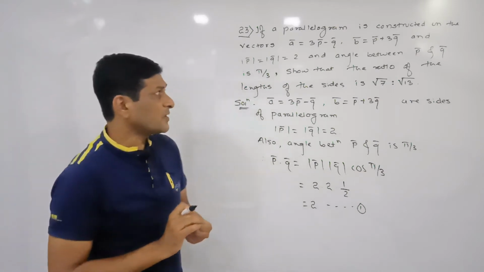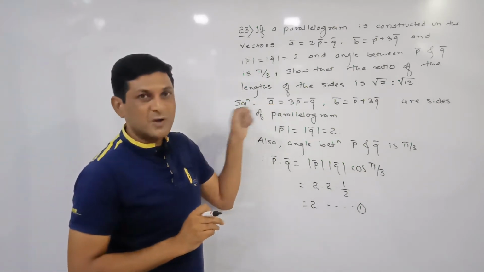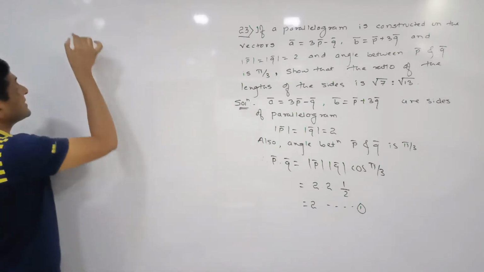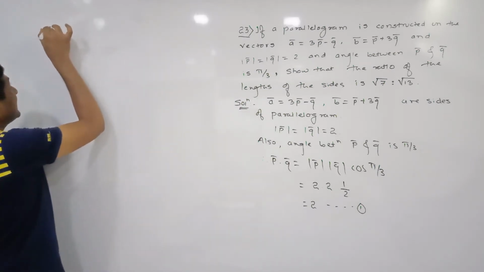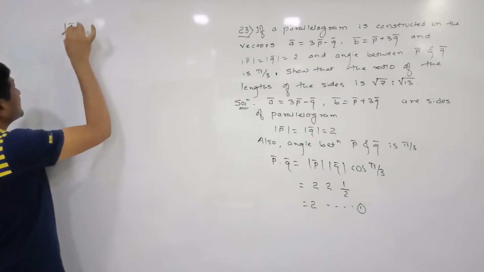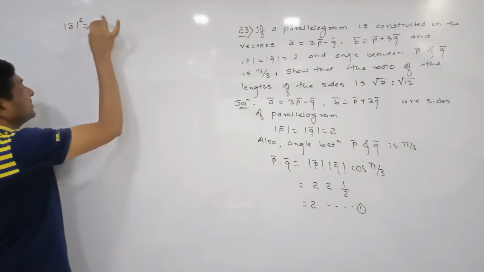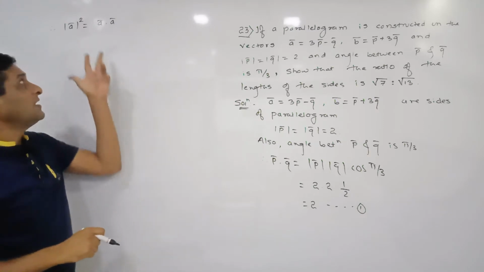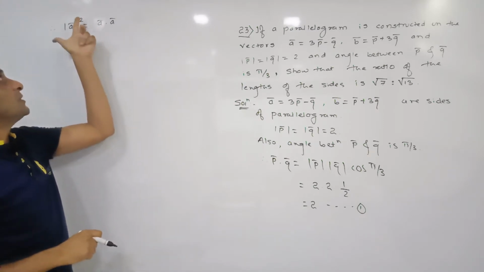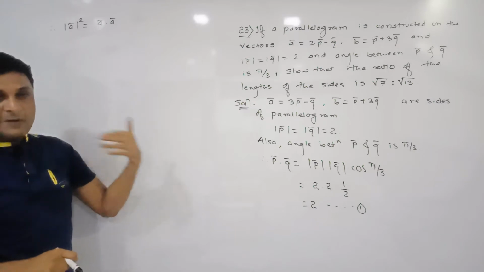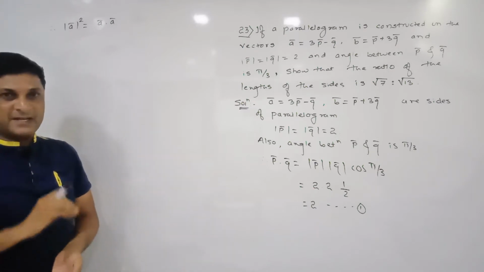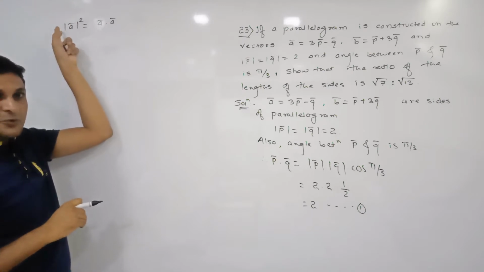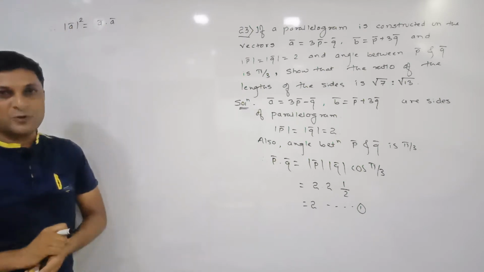Now we are finding the magnitude of a bar. For that purpose we are using one result of the dot product, that the square of the magnitude is nothing but the dot product of the same vector. In other words, the dot product of the same vector is equal to the square of its magnitude. Our interest is in the magnitude. First we are finding the square of the magnitude, and later, to remove the square, we will take the square root on both sides.